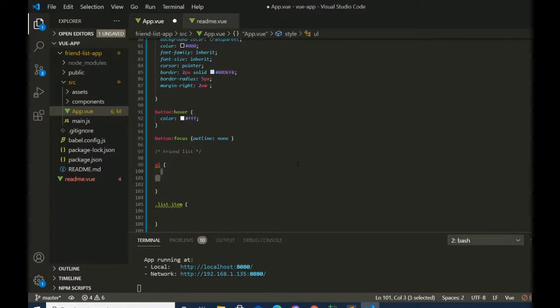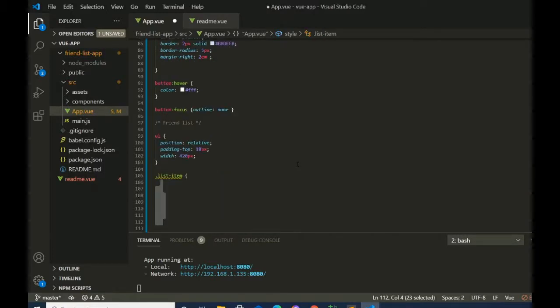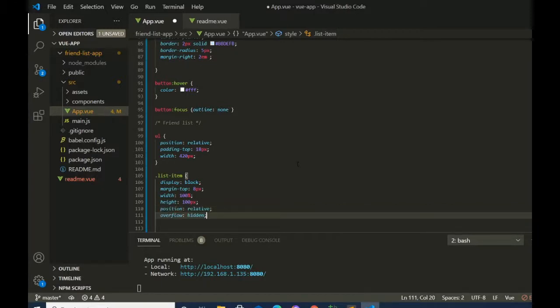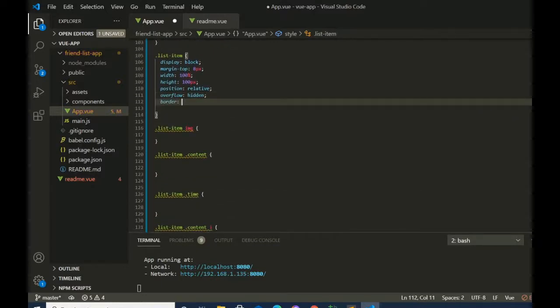So first of all, we want to do the UL element, which contains the list items. I'm just going to give it position relative, padding top 18px and width. Then we're going to go into the list item. We're going to say display block and margin top, and we're going to give it a width of 100%, height of 100 pixels, position relative and overflow hidden,